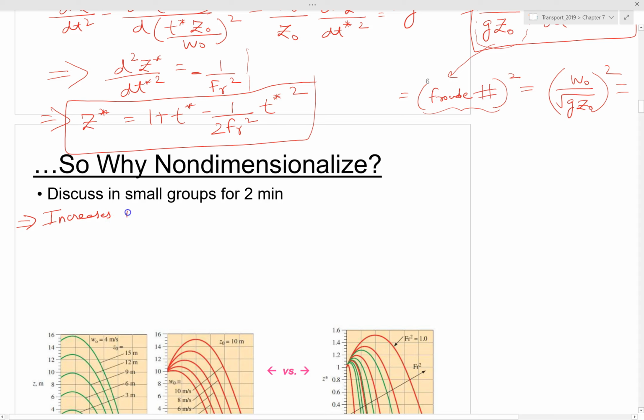It gives you relationship-based insight into what the driving mechanisms of an equation are, what the driving forces in a particular equation are. So for example, in this particular case, this gives insight into relationships